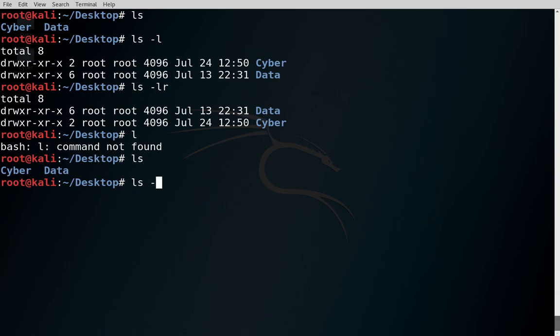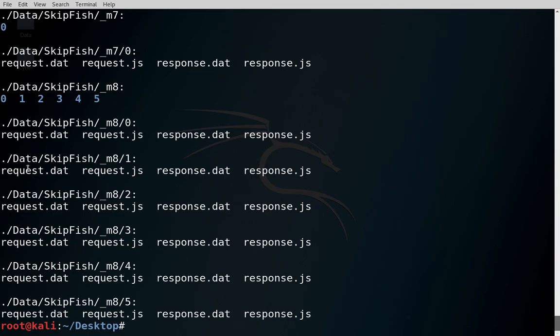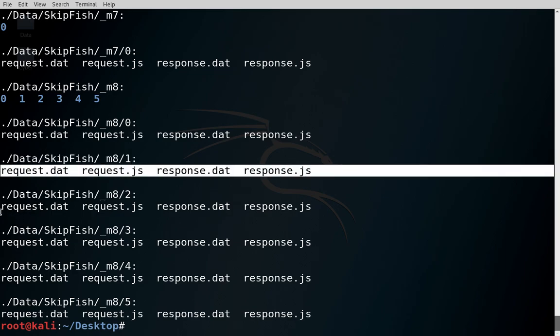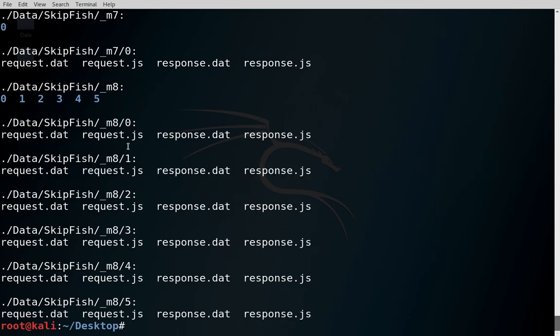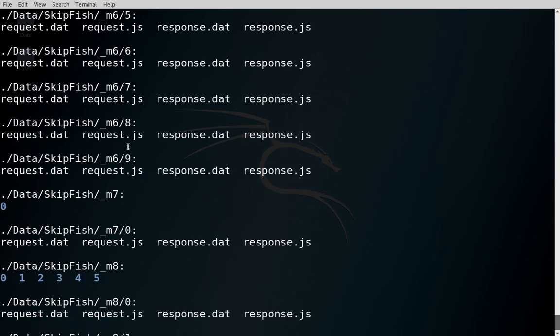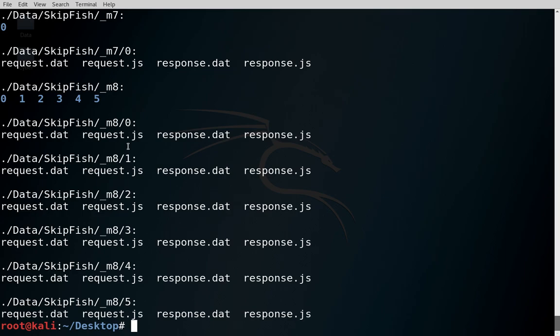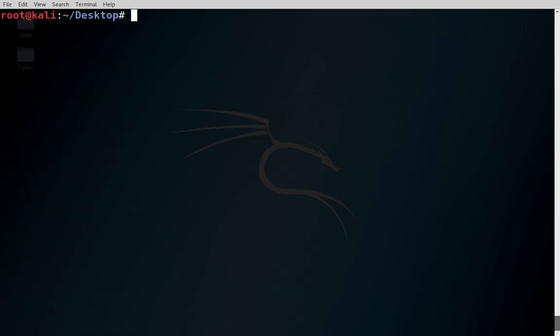So you can use -lR, or you can remove -l as of now and see the content like this. So this has all these four files and so on. There are a lot of files, so I will not scroll much above this, right?